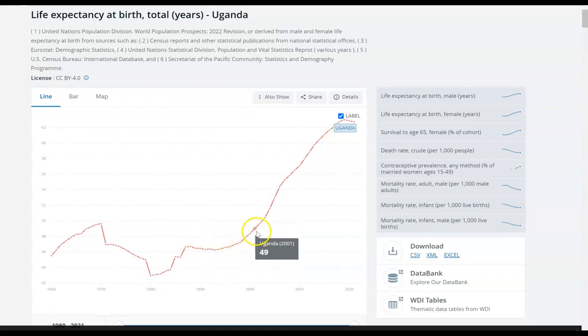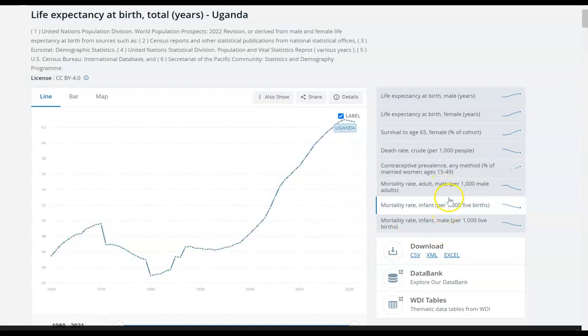And then in the early 2000s, the life expectancy started to rise quickly. Some of this was improvement in children's health. Some of this was also improvement in HIV treatment and other types of outcomes. Okay, so anyways,